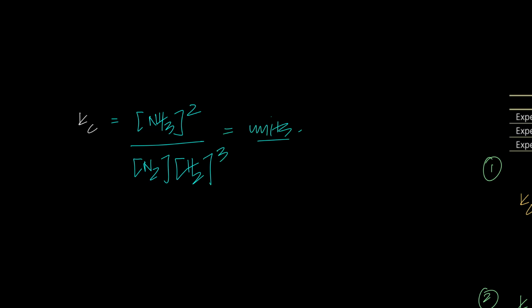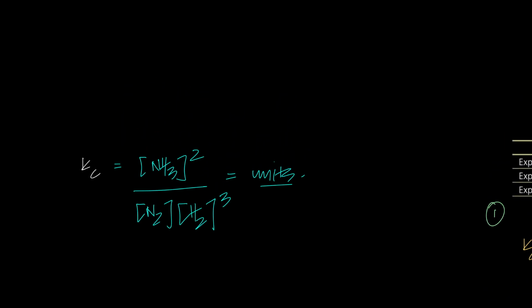Now, a lot of teachers teach it in different manners. Some teach it in the way I'll be teaching it right now. It's very basic. See, concentration. These are all concentrations, aren't they? These brackets are telling me that these are all concentrations. What's the unit for concentration? It's mole per dm cube, right? I can add mole per dm cube